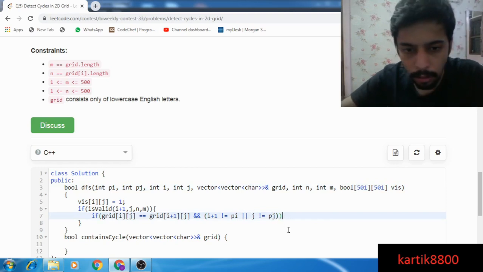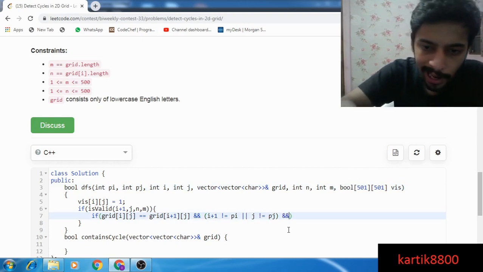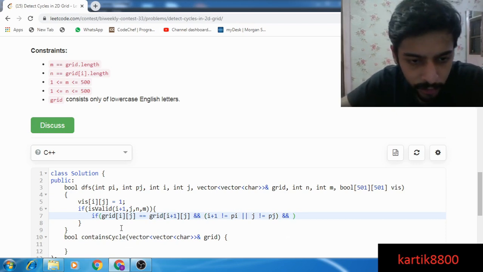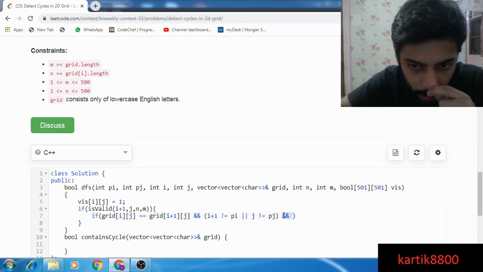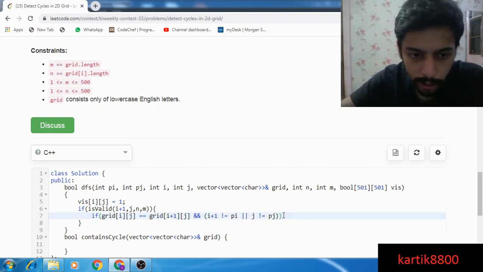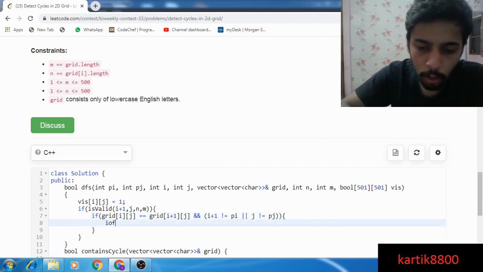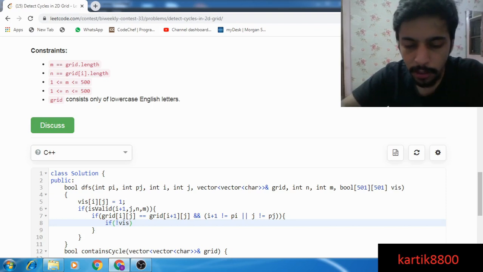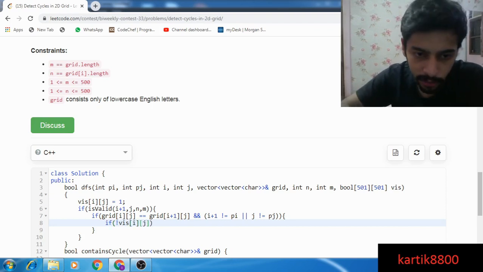Okay, this is not the parent and the value here is the same as the value of the grid that I've checked already. I've checked this is not the parent. Now there are two conditions. One is if it's already visited or not. So if not visited[i][j], then I should visit it.